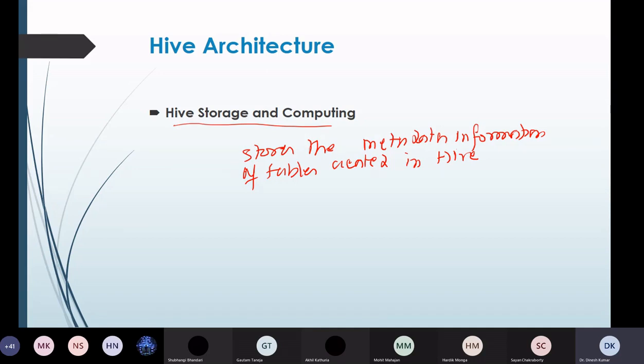So it stores the metadata information of tables created in Hive, this particular component, Hive storage and computing, right?